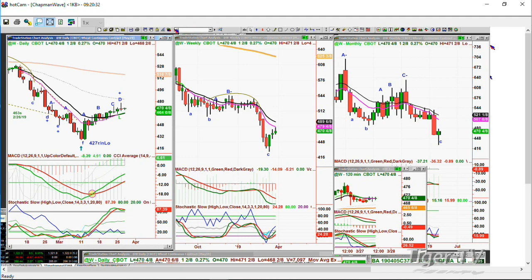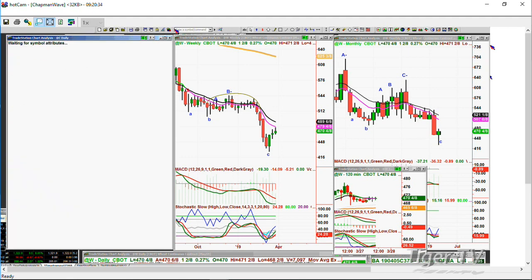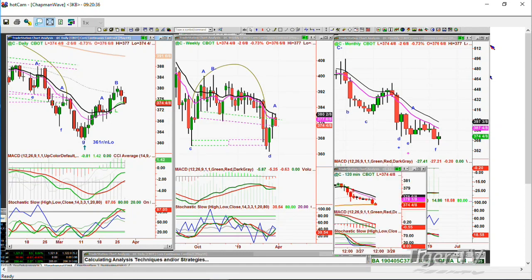Look at corn. Corn is holding okay, was holding okay. It's at a leg B, but that's a nice, much bigger move from the 361, also a round number low that was made back on the 12th, I think it was. And then it runs up to the 380 level, trading right now 370.5, down 2 3/4. I'm looking at this and I'm saying the MACD is good, stochastic's good at 87%. This is going to be a real test because